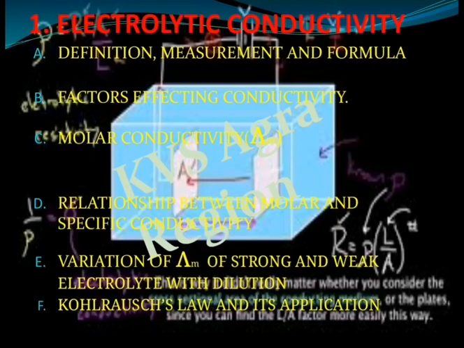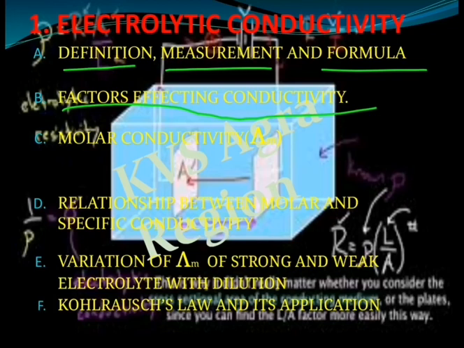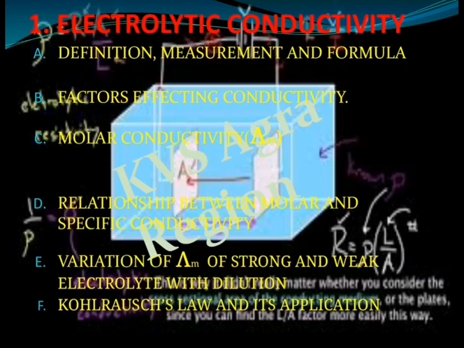This electrolytic conductivity is again divided into the following six parts. First, we study the definition, measurement, and formula. Then we study the factors affecting the conductivity. Then the molar conductivity, its definition, its formula, and its relationship with the specific conductivity. Then the variation of molar conductivity of weak and strong electrolytes with dilution. And at last we study Kohlrausch's law. Okay, student, let's start the first